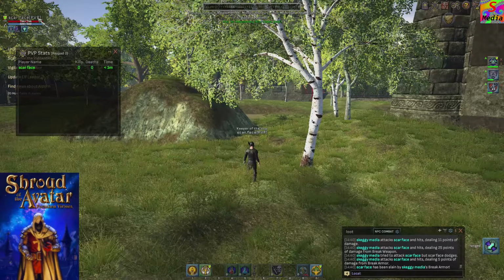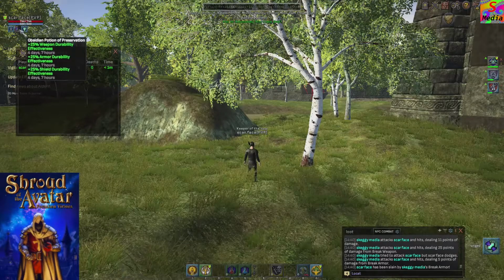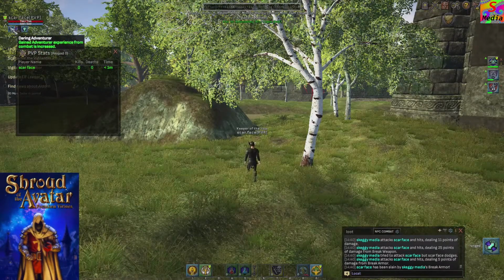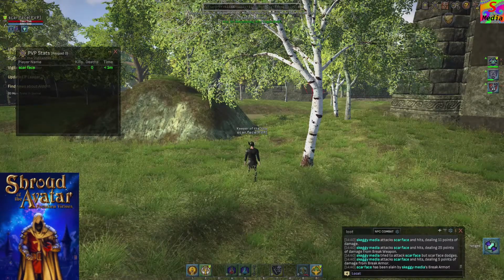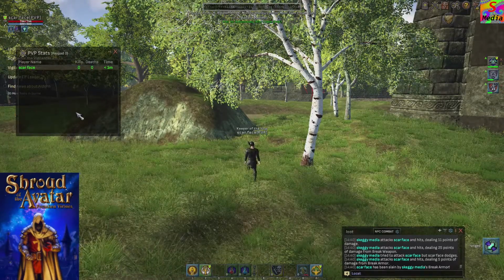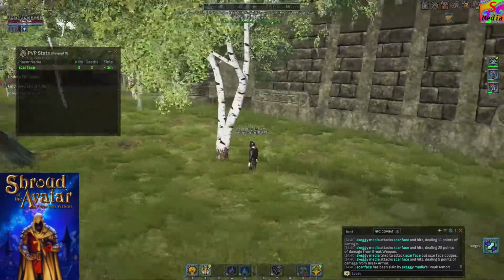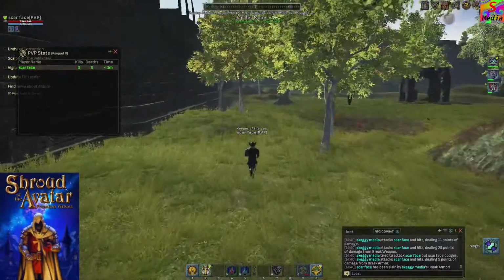And you can also see PvP above your name, and whilst you're in PvP you do get a little buff, the Daring Adventurer, which gives you extra experience points if you're in PvP. And your local area has now changed, so you only see yourself in the zone until you've had combat, so you won't see anybody else if they're in the zone or not. So now let's go and find somebody,